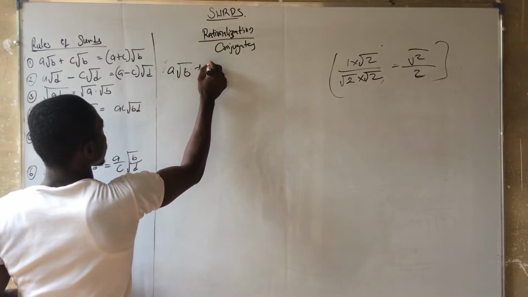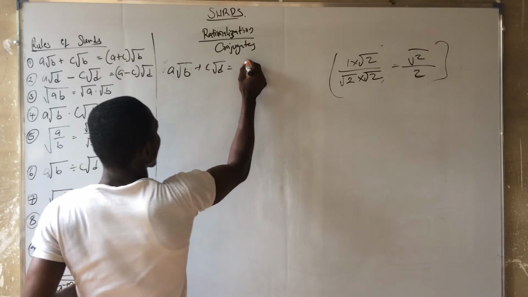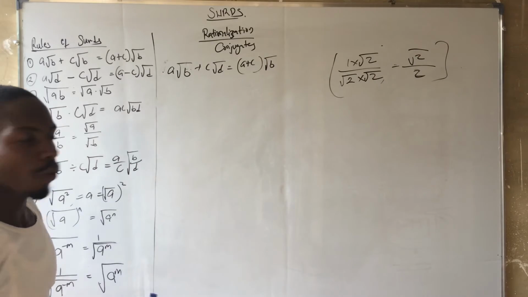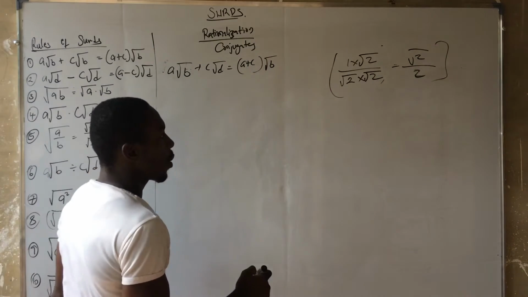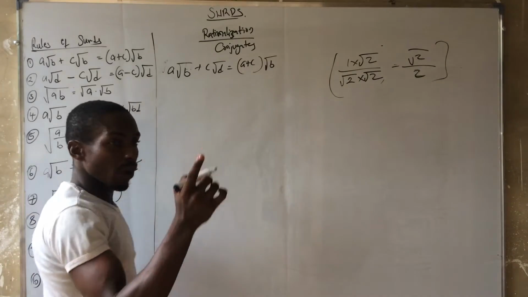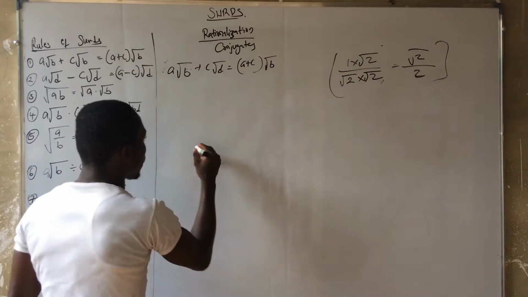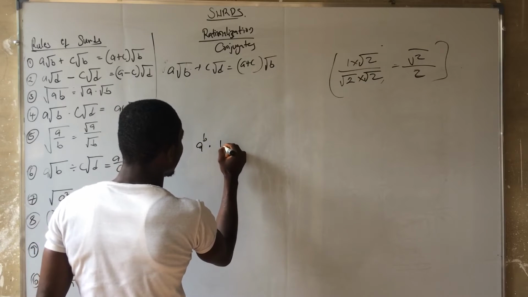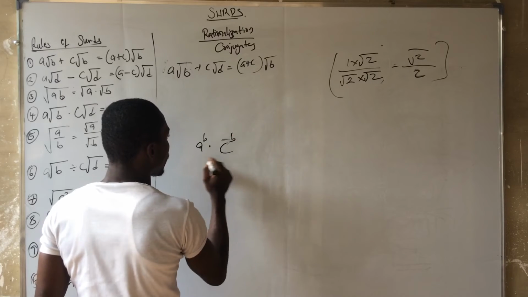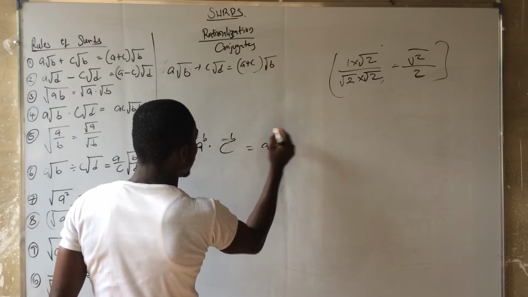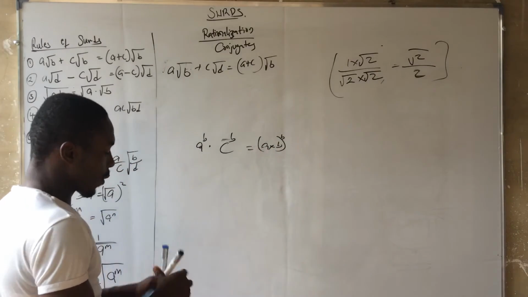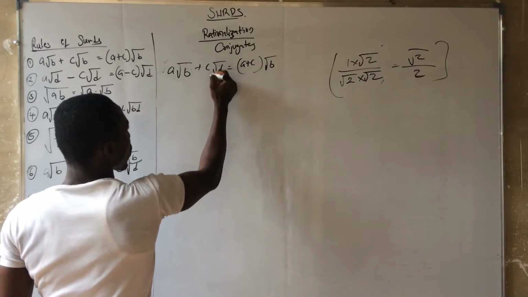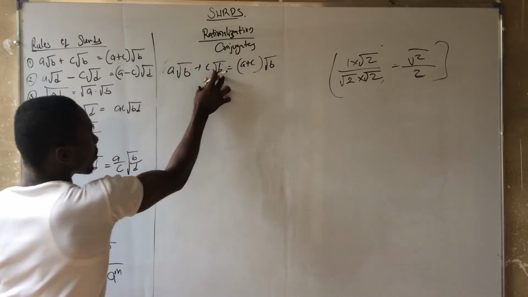a root b plus c root d is equal to a plus c root b. Now, if we recall from our indices, when the bases are the same, you add: a raised to the power b multiplied by c raised to the power b is a times c raised to the power b. But that's not what we are going to use here. What we are going to apply here is addition. Since they have the same radical,